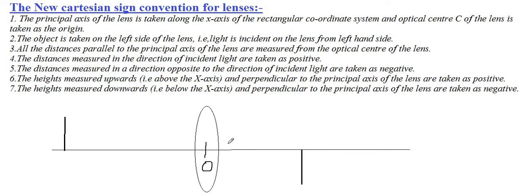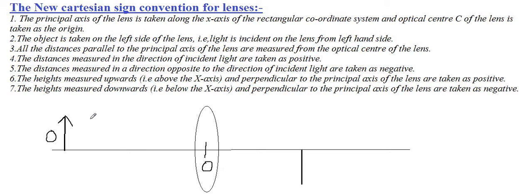Now second sign convention, the object is taken on the left side of the lens. यहाँ पर हम जो ऑब्जेक्ट कंसिडर करेंगे उसको हम हमेशा लेंस के लेफ्ट हैंड साइड पर प्लेस करेंगे. और यहाँ पर हमें इंपॉर्टेंट चीज याद रखनी है, जहां पर भी आप अपने ऑब्जेक्ट को प्लेस करते हैं, इंसिडेंट लाइट केम फ्रॉम दैट साइड. क्लियर? सो दिस इज सेकेंड साइन कन्वेंशन.